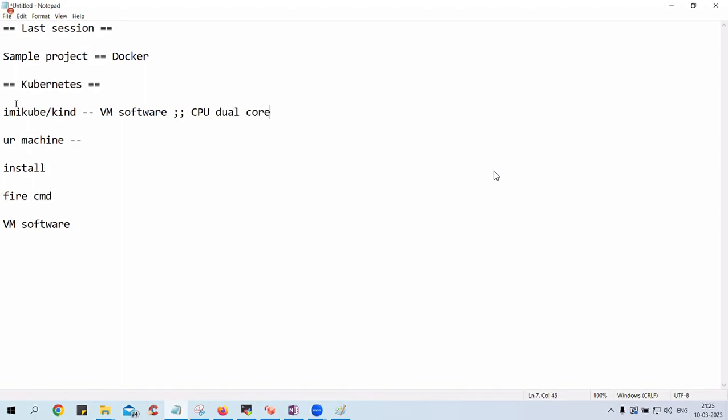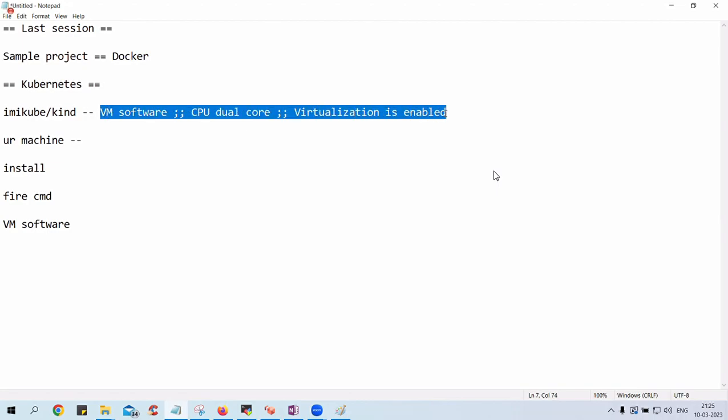Already everybody is using dual core, so we are not worried. We already have VMware, and in the boot, virtualization should be enabled. Everything is perfect for us because we are already using VM box, so this is the minimum. We'll assume that all are in place.